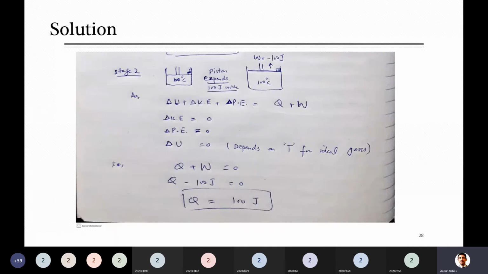And from where will that come? Because this cylinder is still there inside the boiling water. So in order to push this gas, keeping the temperature constant, you still need energy from somewhere. And when you are not losing the energy of the molecules, which is in the form of internal energy, and you are not changing kinetic and potential energy, then that amount of energy is supplied in the form of heat from outside, and outside was water. So it is coming from the water at the same time. So 100 joule of heat will be added into the system while it is expanding.